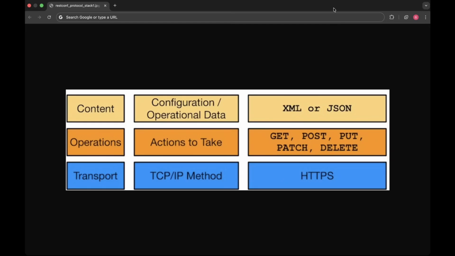Hello, everybody, and welcome to this short demo on how to use the RESTCONF protocol to communicate with a network device. Before we get into the demo, I want to quickly take you through the RESTCONF protocol stack. RESTCONF is a protocol that you can use to communicate with network devices, and this is how the protocol